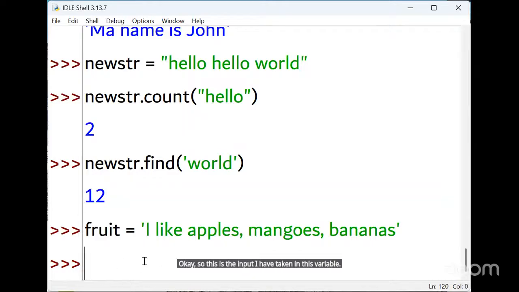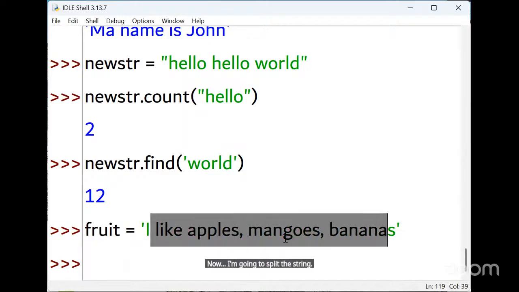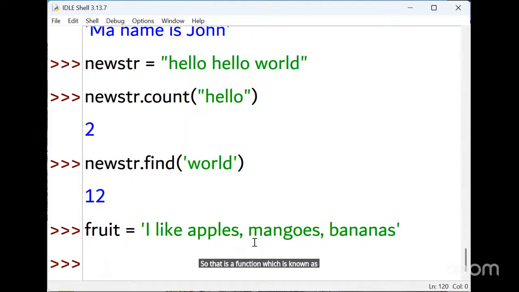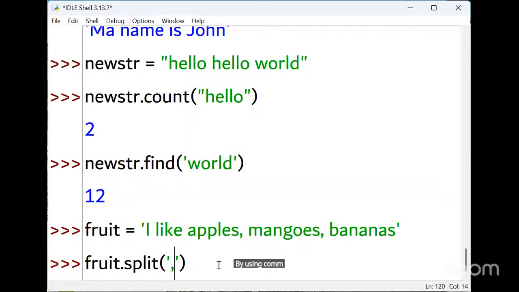Now I'm going to split the string. That is a function known as the split function. fruit.split. How am I going to split it? This string has commas, so I am taking a comma inside. It is going to split the text by using the comma.